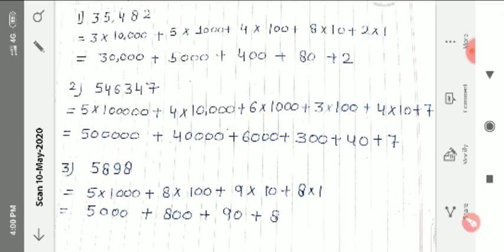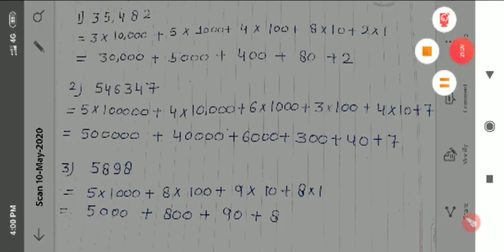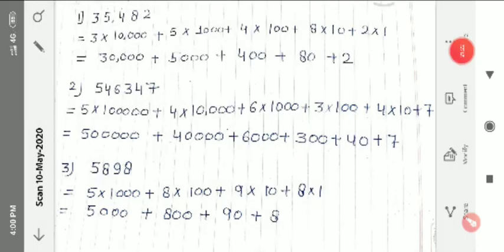And as I told you, how to place any number into the place value chart, that also you can do easily. Firstly write the number into the place value chart, then arrange the number into expanded form also, and then find the naming word also. Okay, so that is all for today, and in the next video I will start exercise 3A.